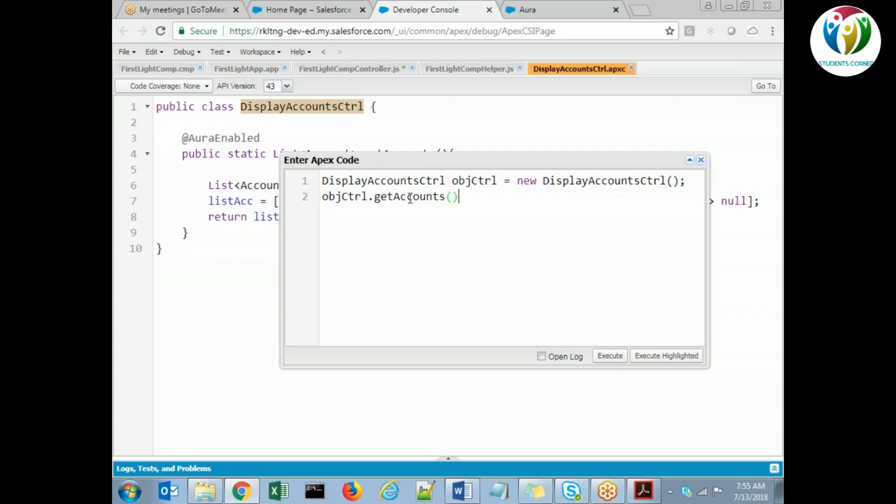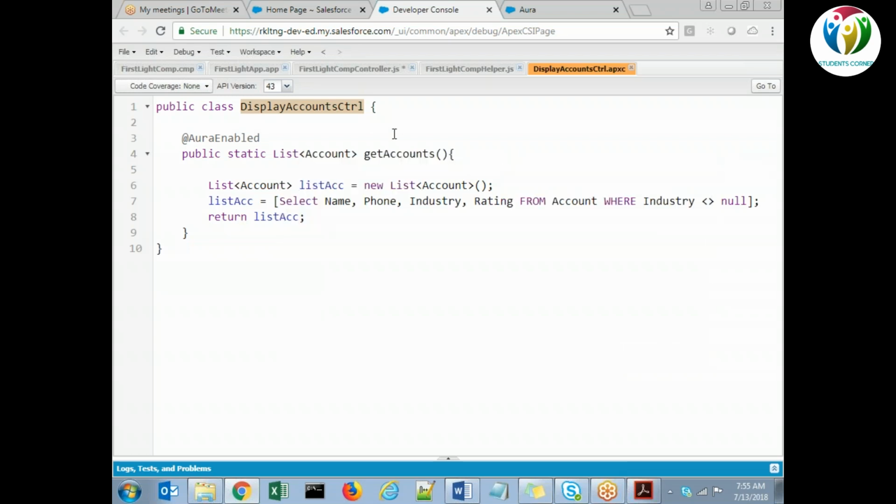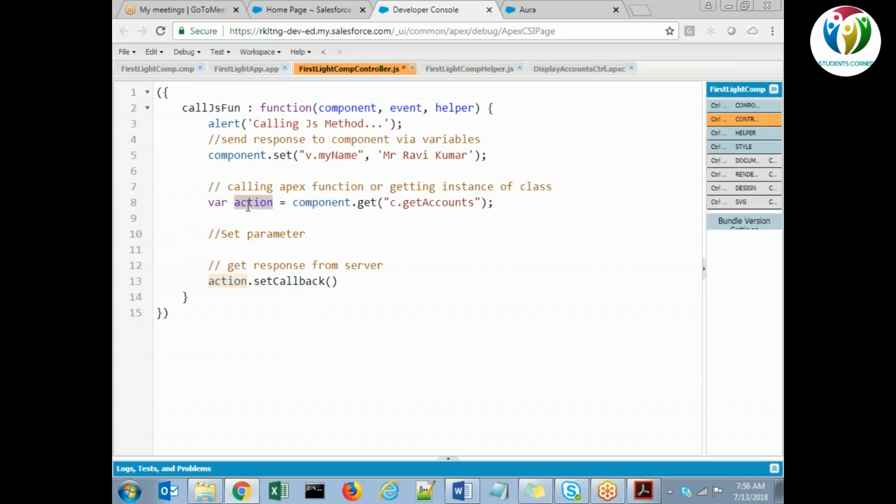If my state is success, state equals to success, then I will be getting the actual response, where list account equals to response dot, we have method getReturnValue.